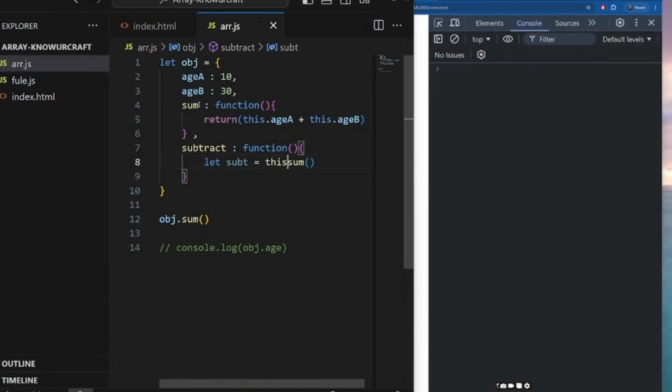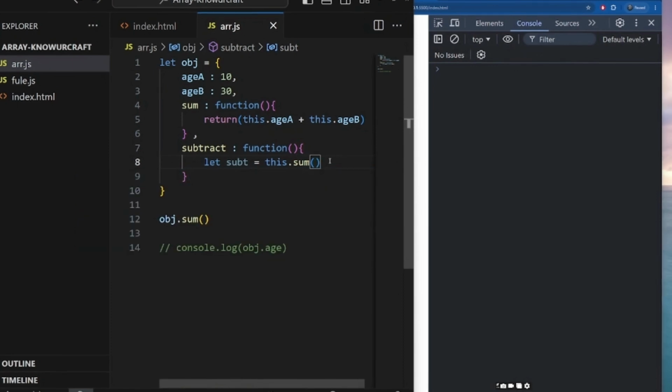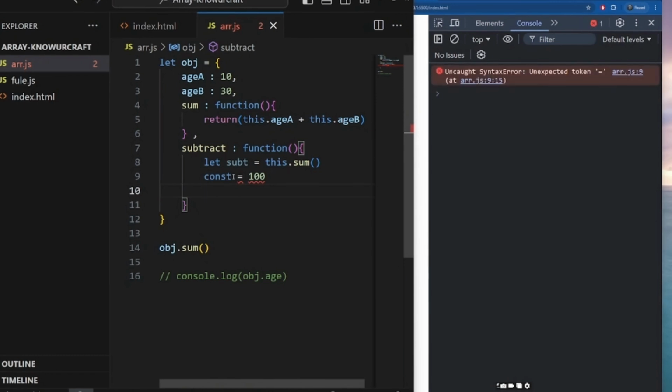Okay, then we have a constant. Subtract the result from 100. So constant is 100. Constant, our value is 100. So I can automatically say that